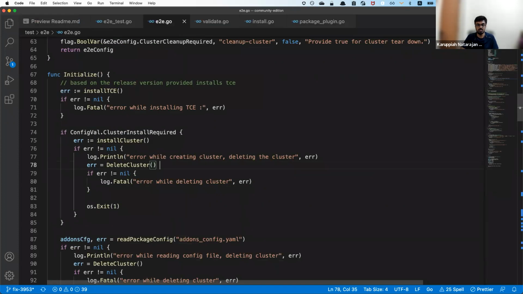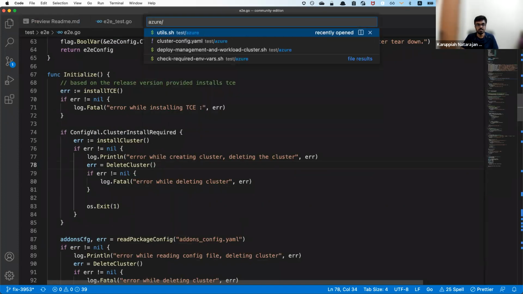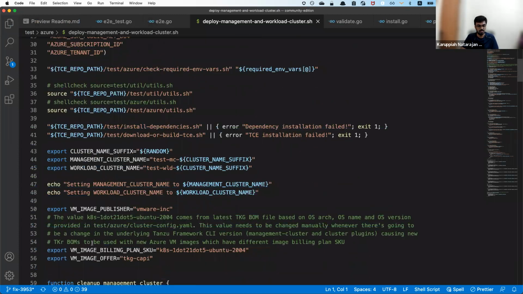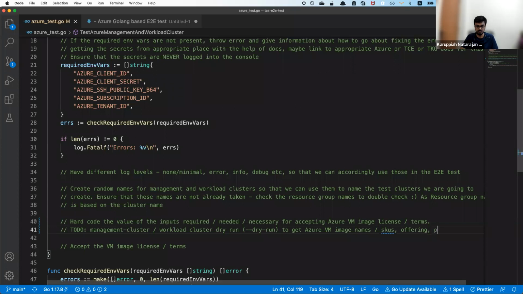There is also this thing called the image publisher, right? So publisher and this.